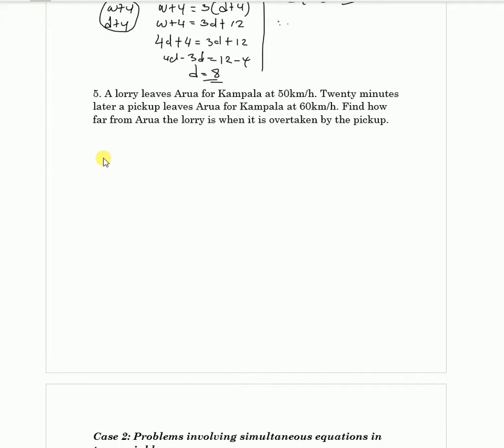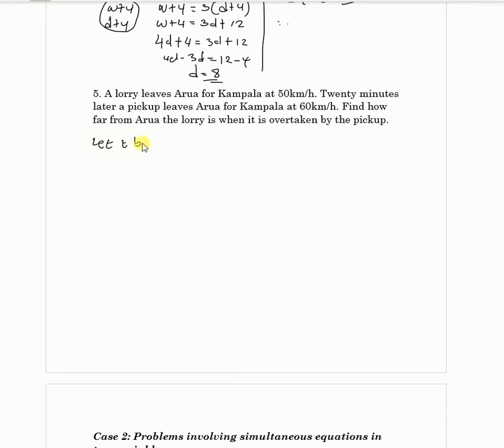Now what you need to know about overtaking is that we are talking about a distance, Arua to Kampala. At the point when they overtake one another, when the pickup overtakes the lorry, at that point they have covered the same distance. However, they have covered that distance in different times, because one was moving faster, another one was moving slowly. So we shall assume that